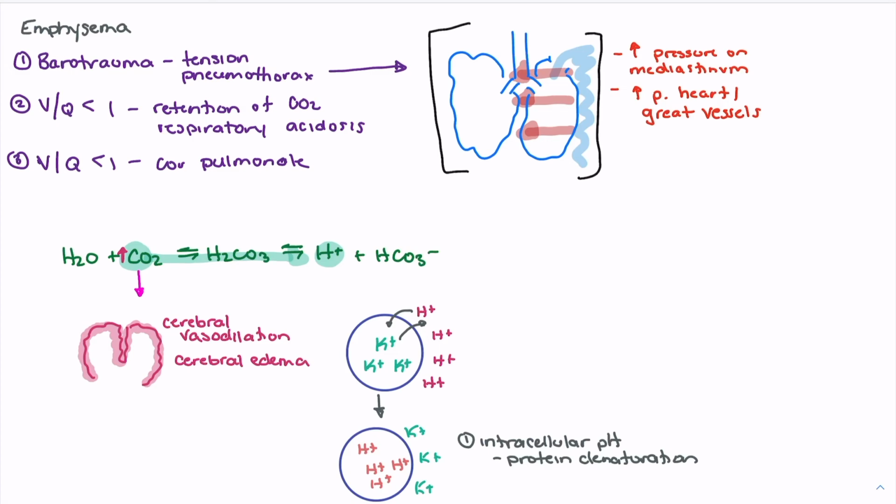So we have a decrease in intracellular pH, which is going to lead to protein denaturation. One of the big consequences of this is we start to see a decrease in cerebral functions, especially our vegetative functions. So the patient can lose the ability to control their vegetative functions. One of the other consequences of this is we can see a decrease in myocardial contractility. So this increase in hydrogen ions actually impacts the ability to use calcium within the heart cells, and we can start to see a decrease in our myocardial contractility,